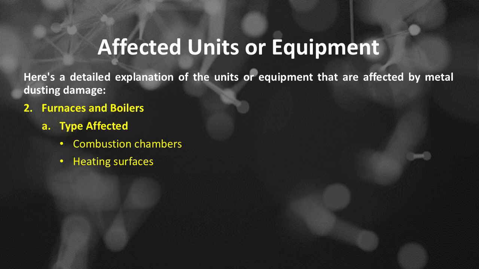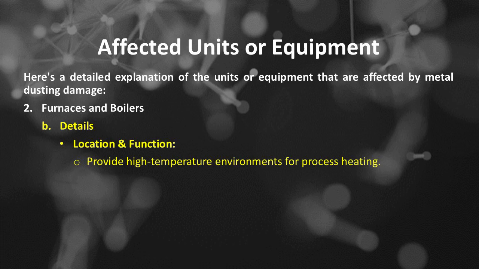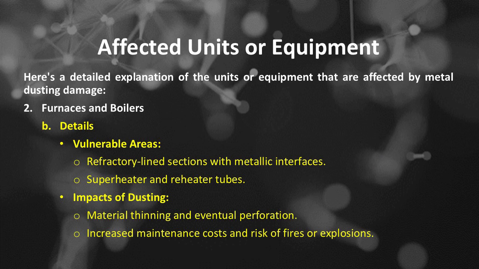Number 2 of the units or equipment that are affected by metal dusting damage is furnaces and boilers. Types affected include combustion chambers and heating surfaces. Furnaces and boilers details, location and function: provide high temperature environments for process heating. Vulnerable areas such as refractory lined sections with metallic interfaces, and superheater and reheater tubes. Impacts of dusting: material thinning and eventual perforation, increased maintenance costs and risk of